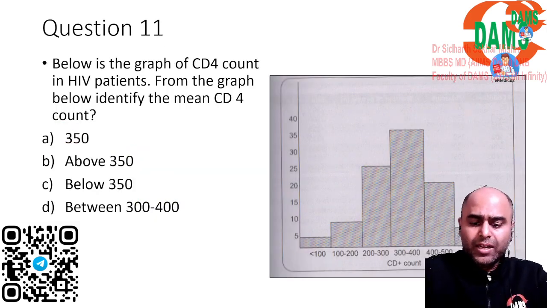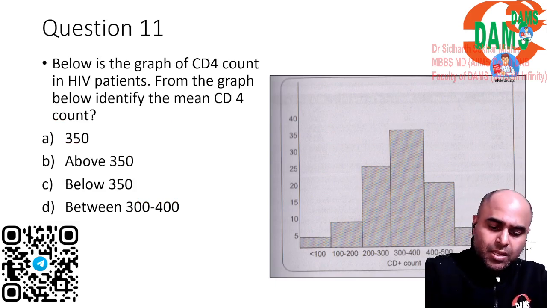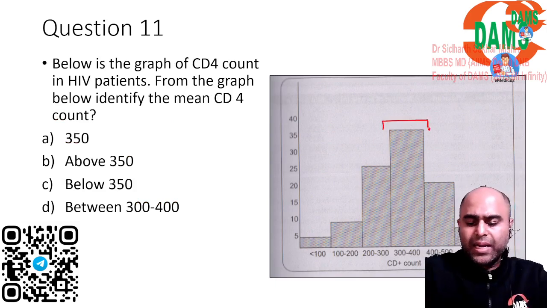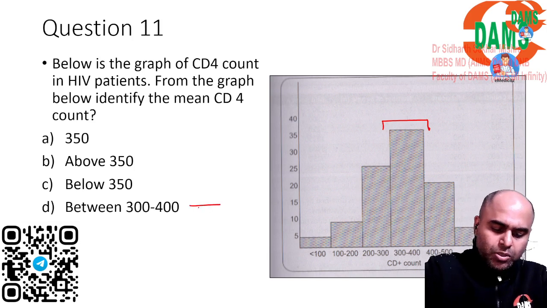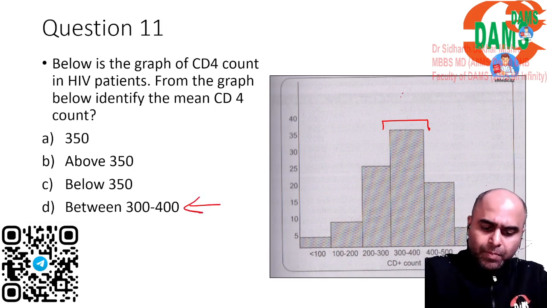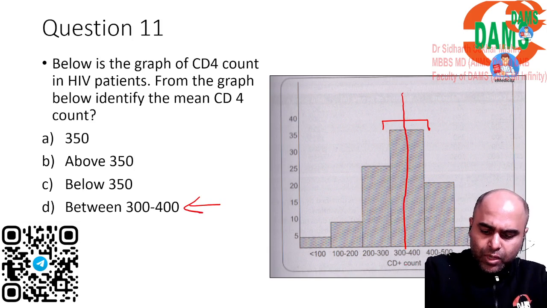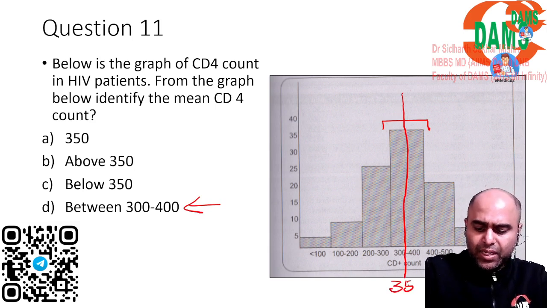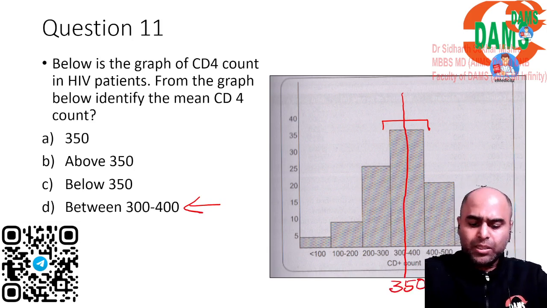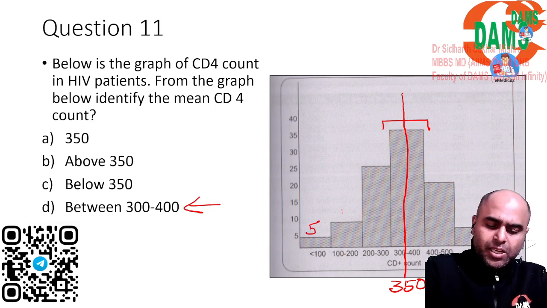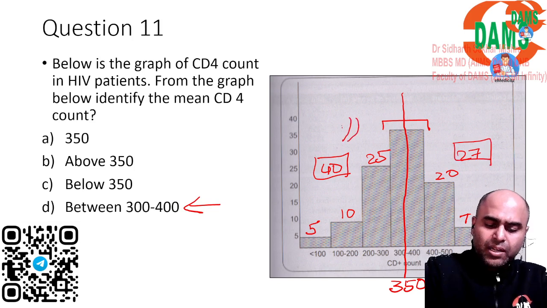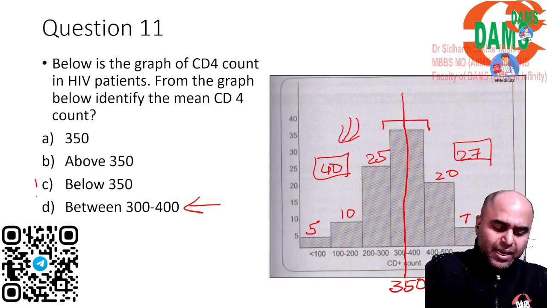This was an excellent question requiring common sense. You can see maximum data is between 300 to 400. So my answer is 1. But let us see. It would have been exactly 350 if the data were equally distributed. But here you can see there is 5 plus 10 plus 25, total is 40. Here if you see there is 20 and 7, here there is 27. There is more data on this side. That is the reason the better answer becomes